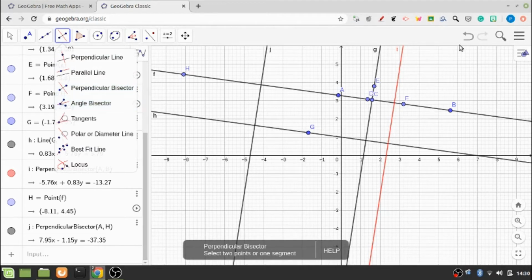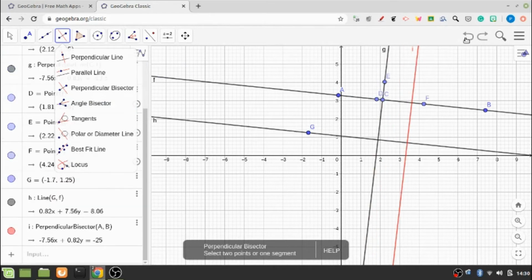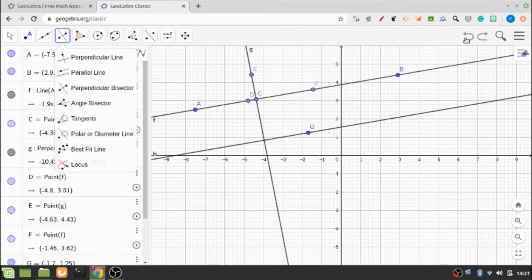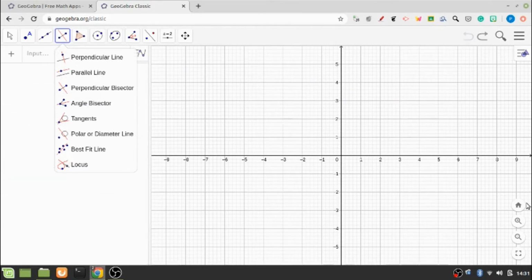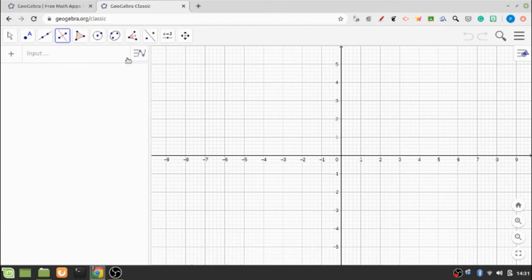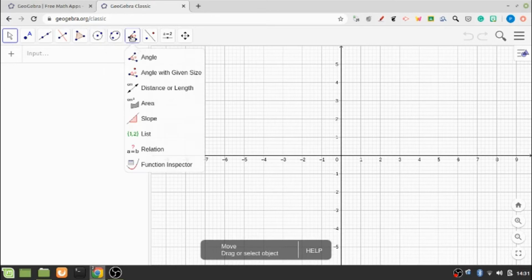But before proceeding, let me clear all the drawings that I have created so far, so that the page becomes clear to you all. So now we want to explore this angle bisector option. So for that let me try to add some angle.